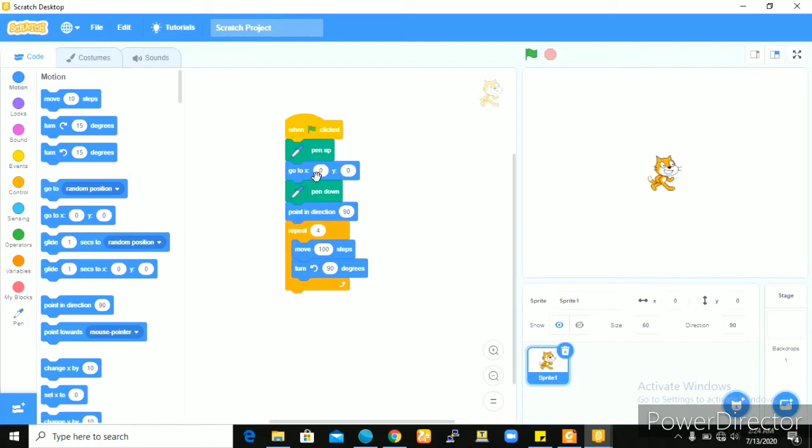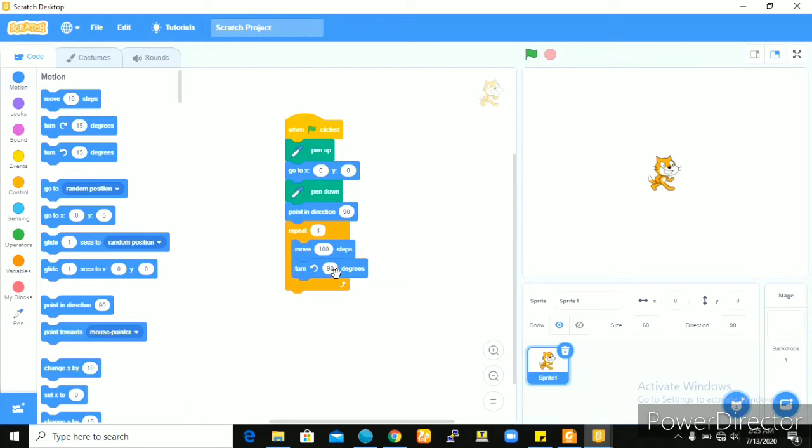We would ask the sprite to go to this location, this position, that's here. Then when it gets there, you should put the pen down, ready to write or draw as the case may be. Then if the pen is down, you should make sure the pen is pointing to this angle 90. So once the sprite is ready and has executed all of this, we would want it to take 100 steps